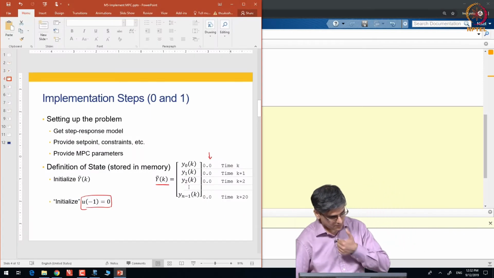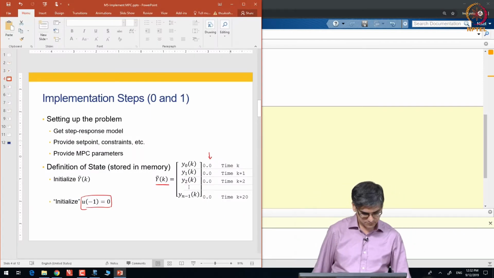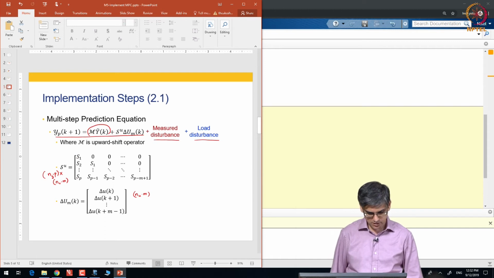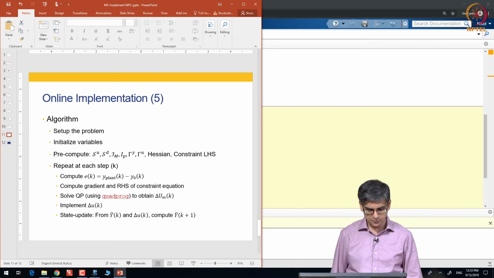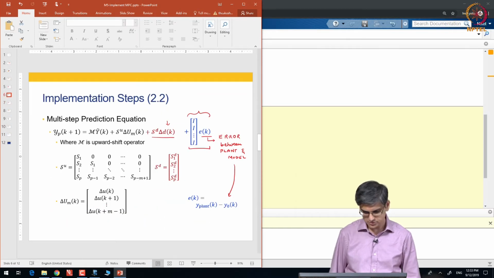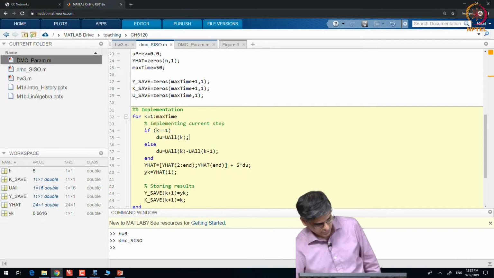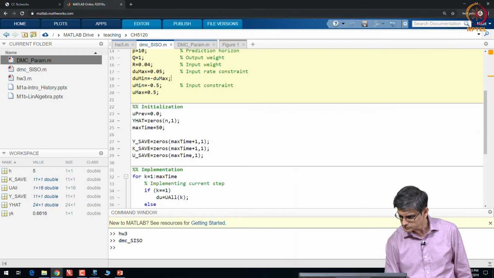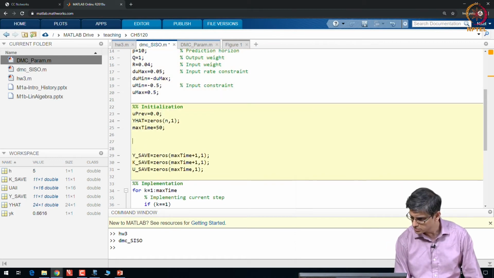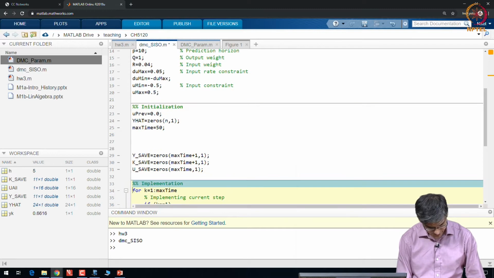Let us see what we have. Okay, you now need to calculate your big SU matrix. Let us see, pre-compute SU, if SD is needed then SD, IM, IP, gamma Y, gamma U, all of those. So, let us go over there and pre-compute. Actually, implementation I will put it over here.